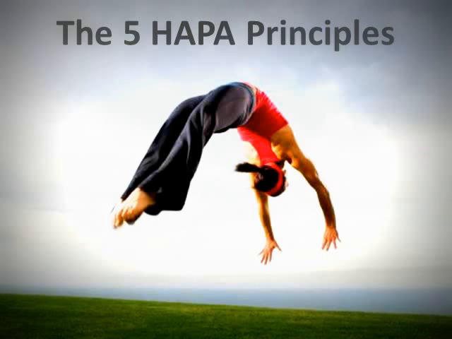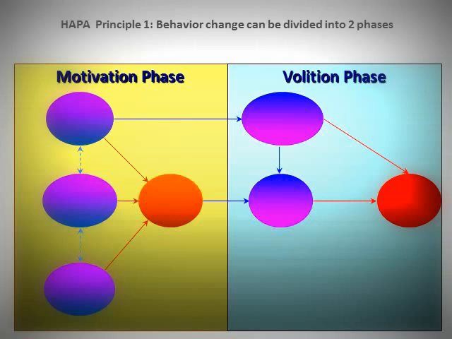Now I will explain the 5 principles. The first principle says that we should divide the health behavior change process into 2 phases. There is a switch of mindsets when people go through the course of deliberation and action. First comes the motivation phase, where people develop their intentions. Afterwards, they enter the volition phase. But it might not be sufficient to distinguish between motivation and volition only.